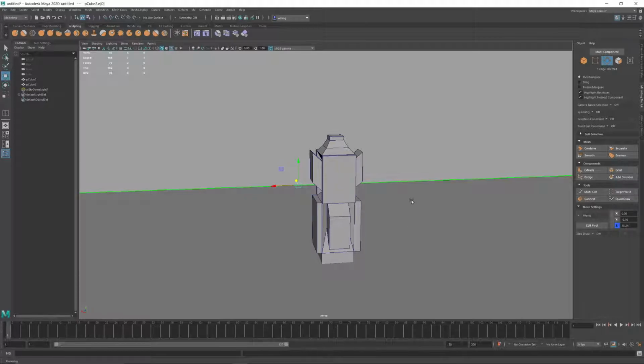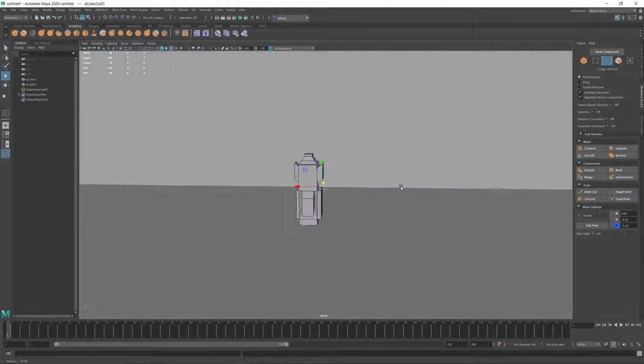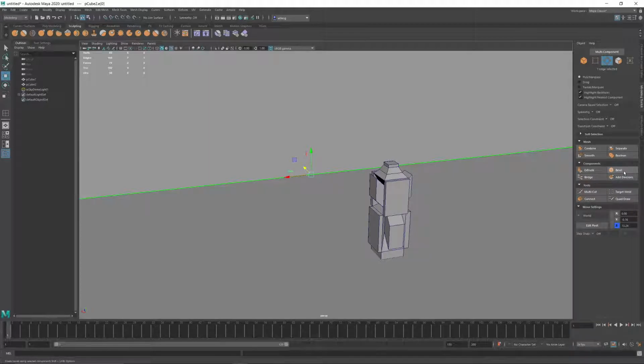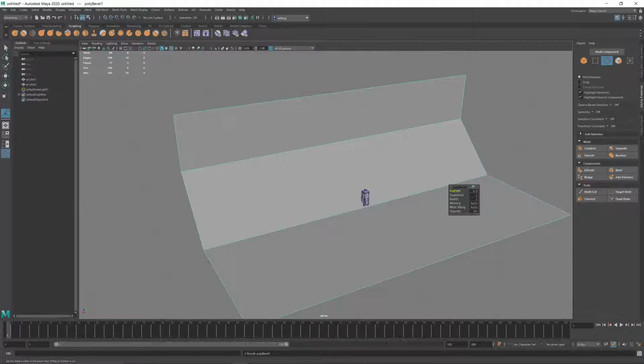So, we want this to be an endless horizon. We don't want the viewer to be able to see where our background stops, which is the whole point of studio lighting. It has that curved white wall. So, a couple things we can do. I'm going to click on the edge. We're going to get this edge, so the middle edge, and we're going to bevel that edge. Now, I know I said beveling isn't great before for where you're at, but since all it's doing at base level is splitting this into two pieces,